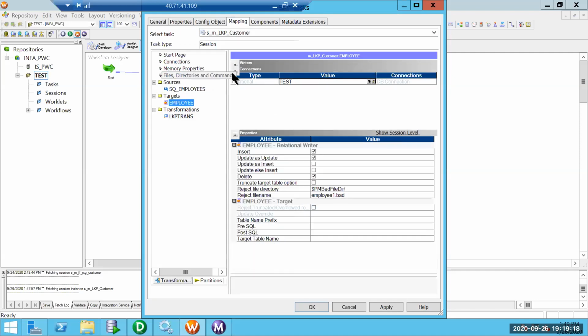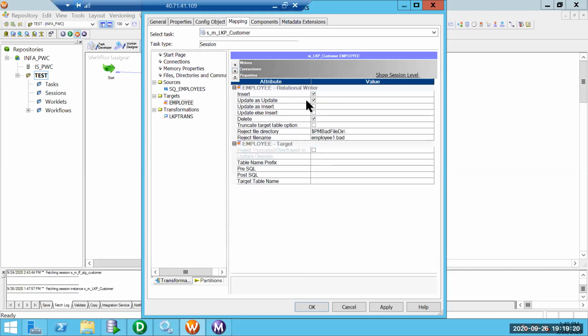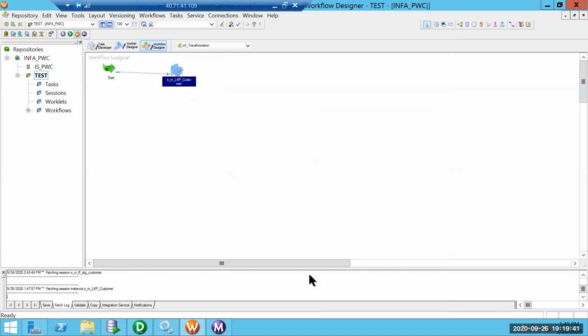At the target level, we should have the update as update checkbox checked. It doesn't matter if insert and delete checkboxes are checked, because we are neither inserting nor deleting any data. We are interested in only updating the department IDs in the test employee schema based on the department IDs from HR.employees.